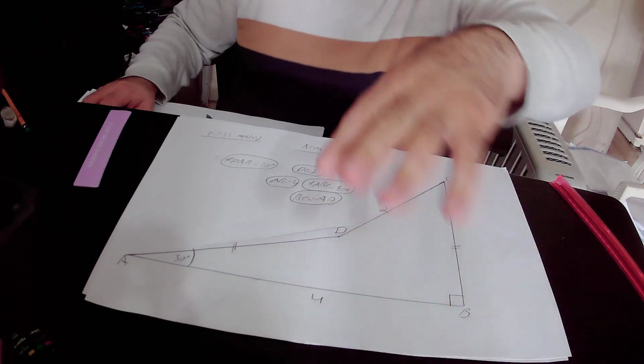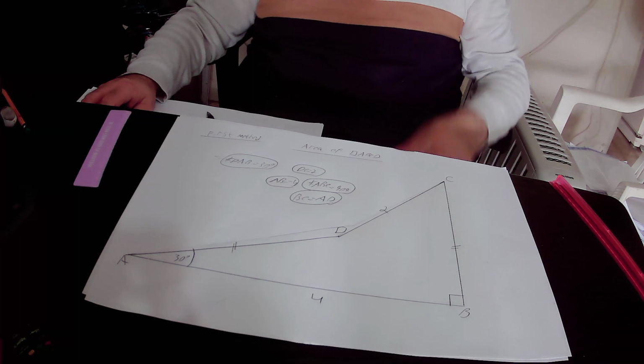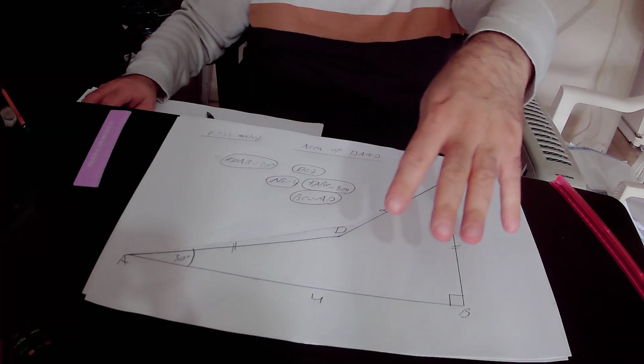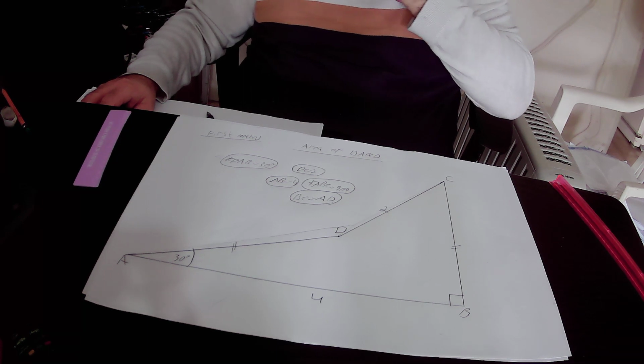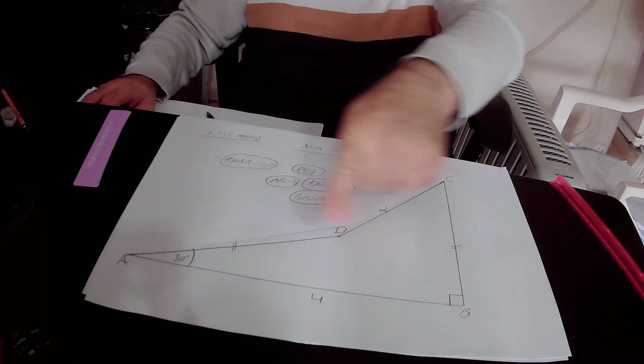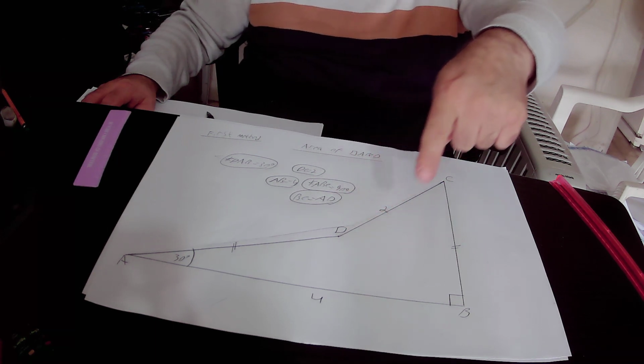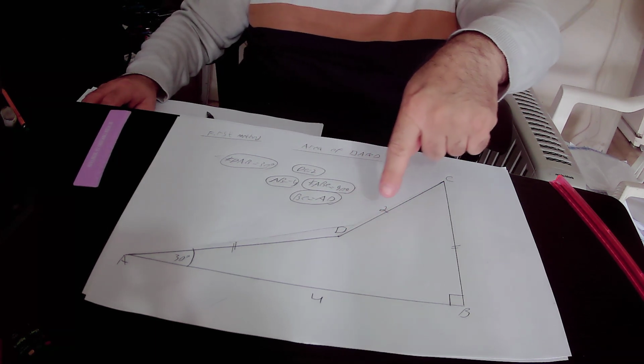Hello, in this lecture we will find out the area of quadrilateral ABCD using two different methods. In the drawing we have quadrilateral ABCD. We know that side AB of the quadrilateral is equal to 4 units, side CD equals 2 units,